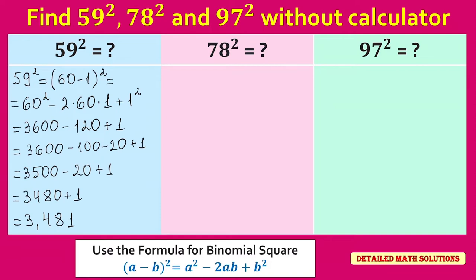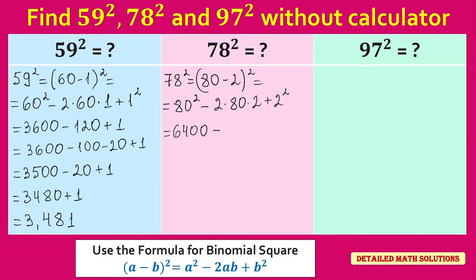Next, I need to find the square of 78. I'm going to follow absolutely the same steps to calculate that. I can write 78 squared as (80 minus 2) squared. And when I apply the formula for a binomial square, I get 80 squared minus 2 times 80 times 2 plus 2 squared, which equals